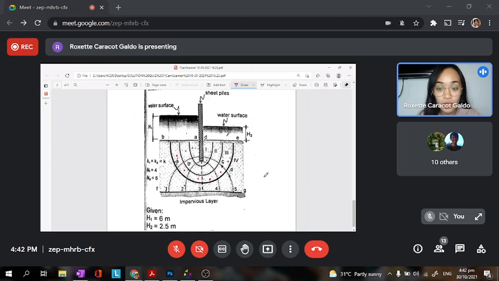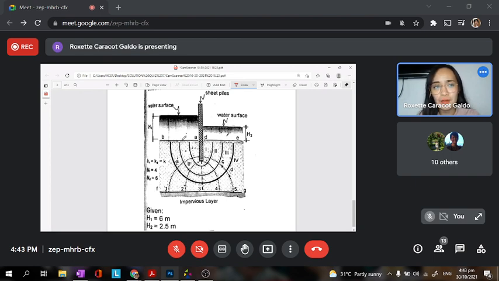Our water will flow from a higher pressure, because the higher the level of the water, the higher the pressure, since pressure is very much dependent on H. Pressure due to water is equal to gamma H, or gamma times H. The greater the depth, the greater the pressure,